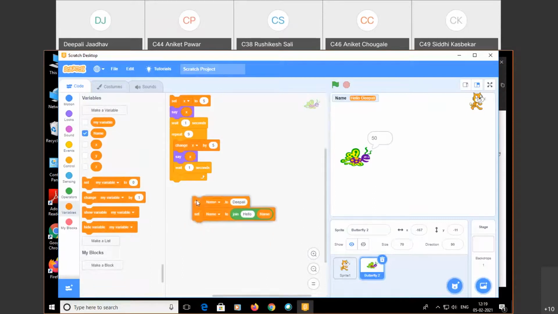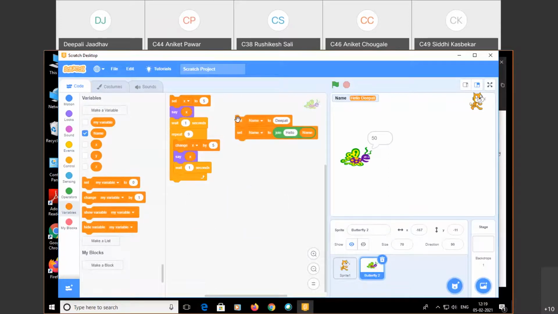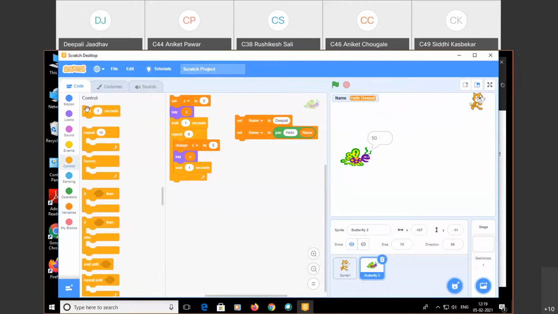After that, suppose next I want to write a program that if my age is greater than or equal to 18, then the butterfly says you are an adult, otherwise you are a kid. That simple program I want to do here. For that, first in controls enter wait for 1 second.